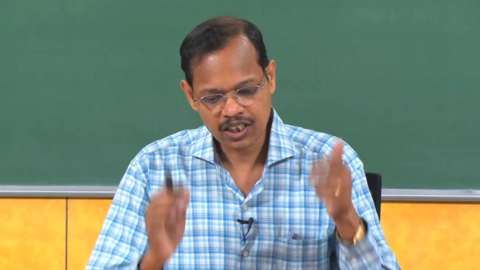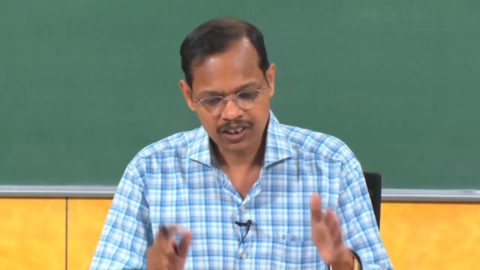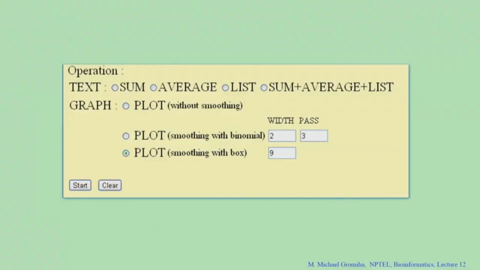So, if you cannot infer anything from the single residue plot, most of the cases you can find some patterns, then you can also try to get some window average. In this case it is possible to get the average. For example, if you click on the plot with smoothing with box, you can smooth for any window length. For example, if you have an amino acid sequence like this,